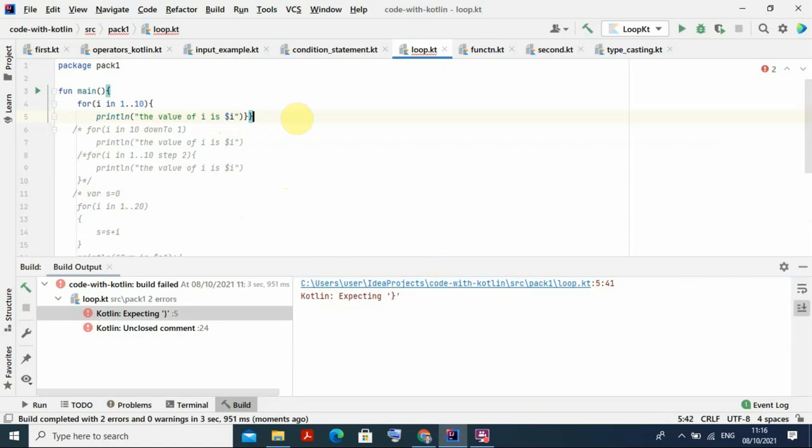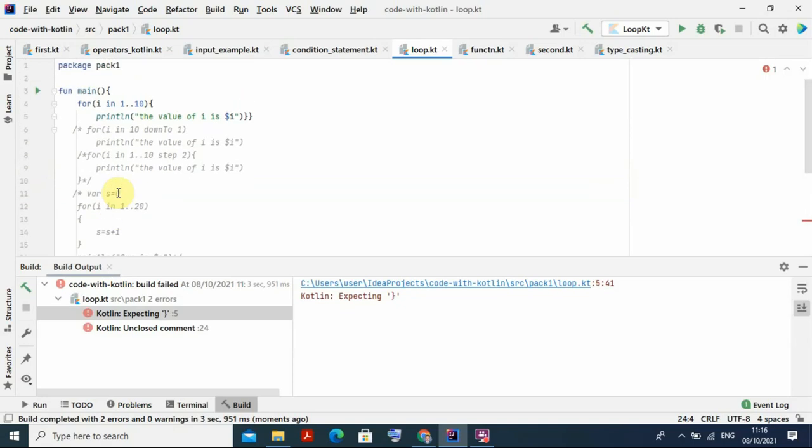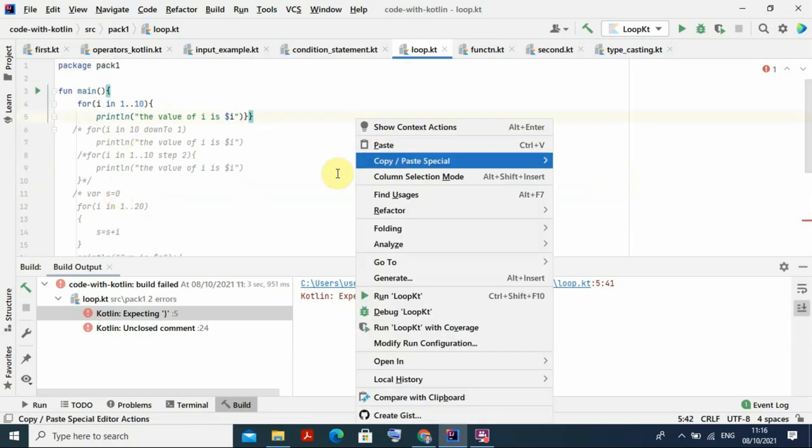Okay, put one more because it is unable to do all the things. Okay, so run this program.